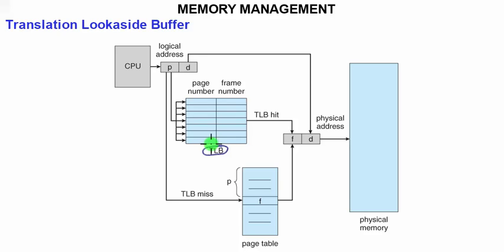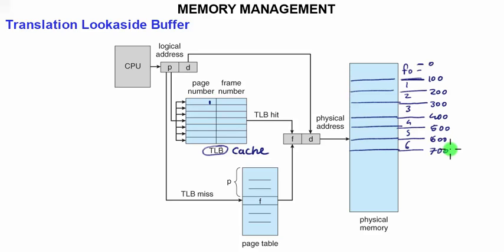The basic use of this buffer is to act as a cache memory. Why cache memory? For one simple reason. The basic ideology behind this is whenever we are performing any page access, it will first be checked in the TLB, that is, translation lookaside buffer. Suppose we are accessing page 1. It would remember to which frame it is being stored. Consider it this way.